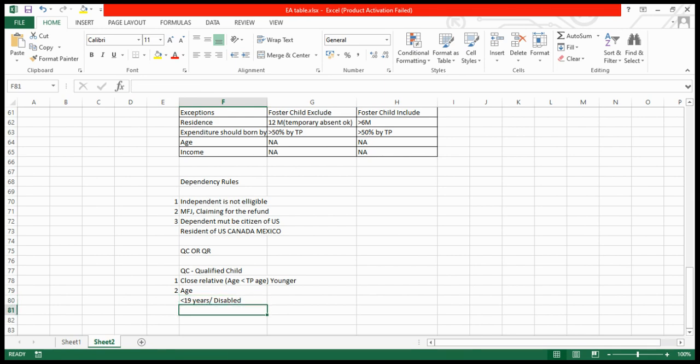If someone is less than 24 years, even in that case they can be part of qualified child if they pursue